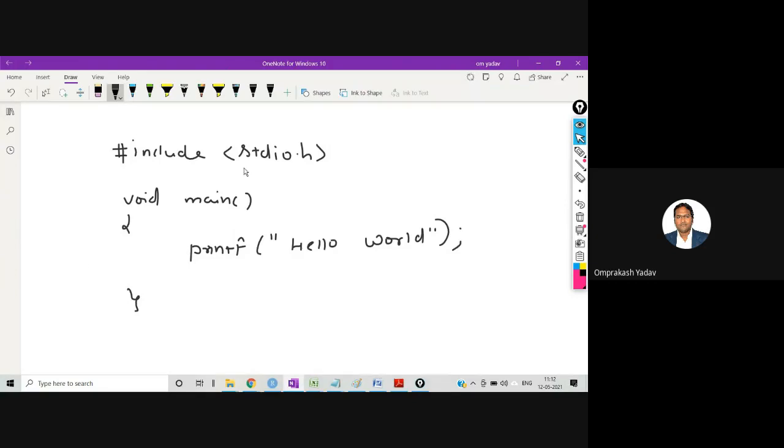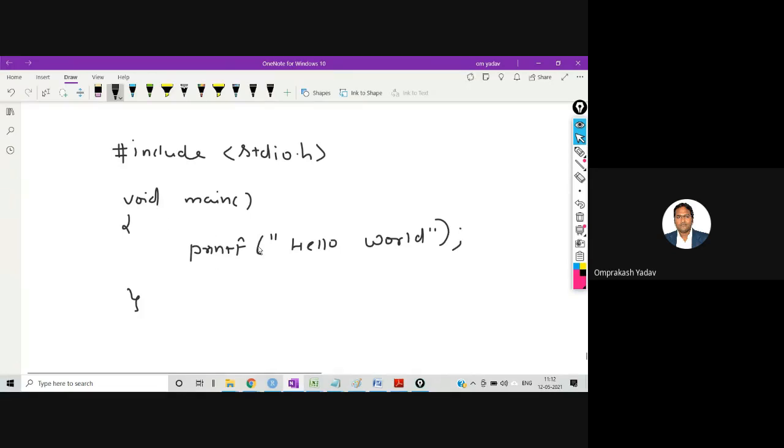Now let me explain each and everything in this. Remember this void main: main is a function, from where the execution of your C program will start. Always remember, if I've written anything and after that I put this kind of parentheses, that will be a function. For example, here I've written main and after that this parenthesis is there, so this is a function. The main function: execution will start from here.